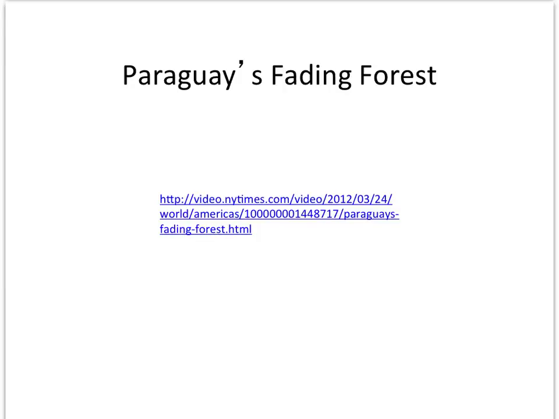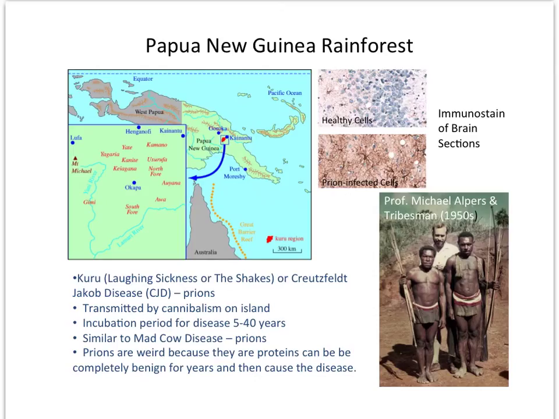So I invite you to learn a little bit more about this tropical rainforest biome in Papua New Guinea, not only because it's a very unique ecosystem, but also because of its unique history. Kuru, or laughing sickness, was discovered here in the 1950s by Professor Apers. And this is a prion disease similar to mad cow disease that was transmitted by cannibalism practiced by these native New Guineans that lived in this ecosystem. So I invite you to investigate this a little bit further, because it is a very interesting ecosystem where humans have occupied it for a great many years.